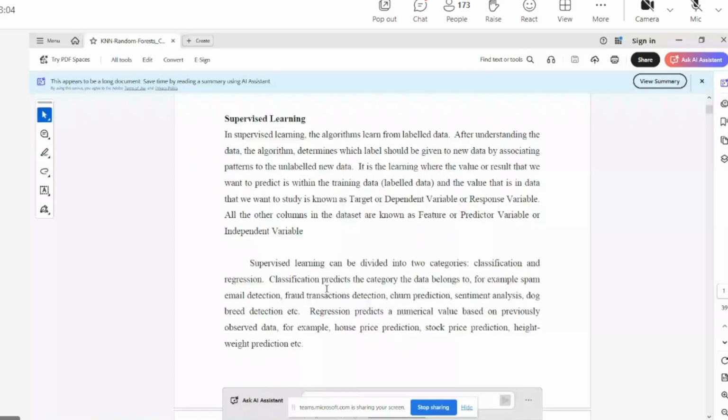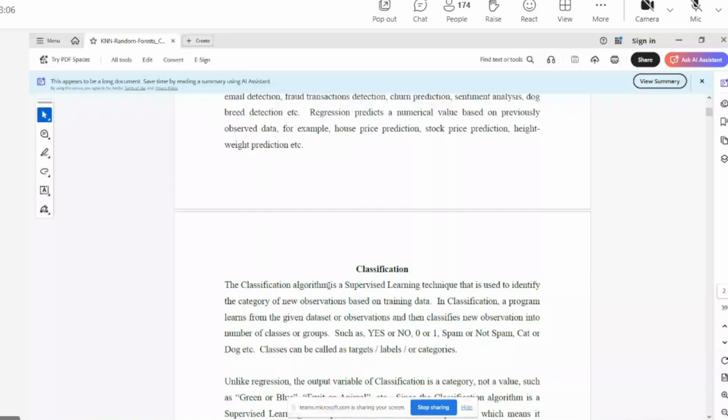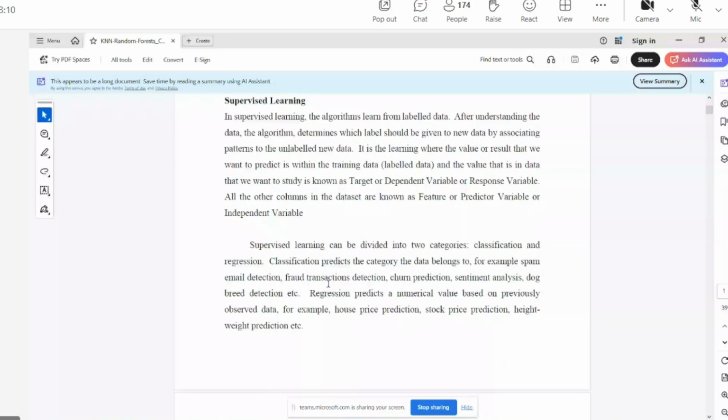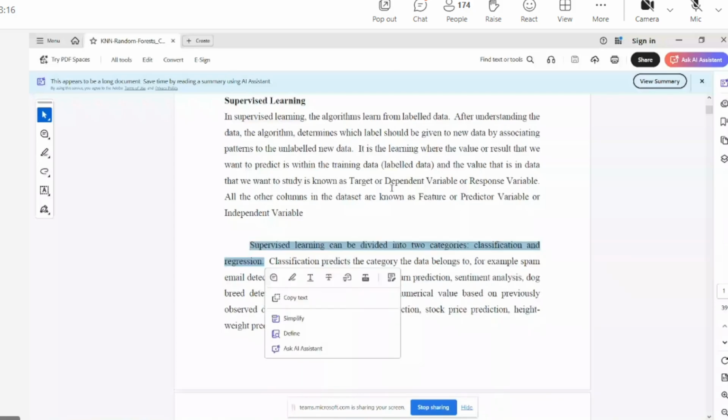Now, in supervised learning, there are again two categories. One, classification, another, regression. What is classification? Very simple. If the data is categorical data, then what is a categorical data here? For example, what is a color? Green, blue, yellow category.